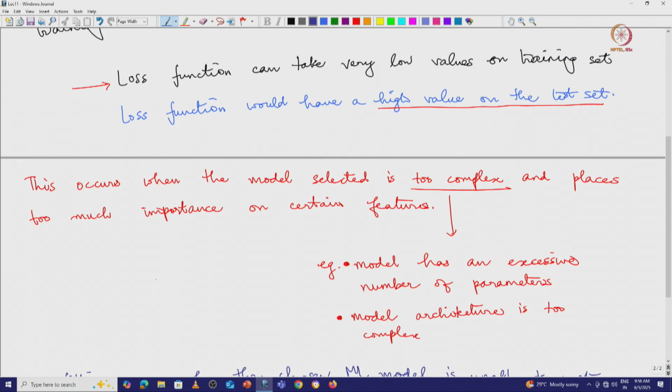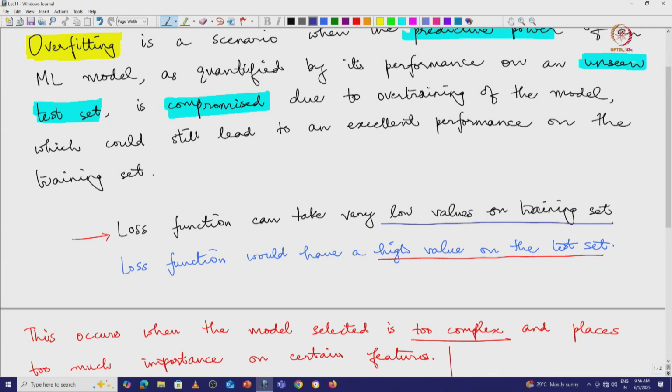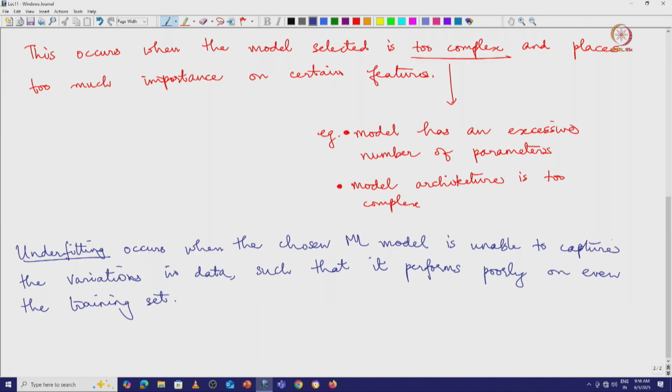So in the case of overfitting, the loss function had very low values on the training set, yet it had a high value on the test set. So that was overfitting, whereas in underfitting the loss function has high values